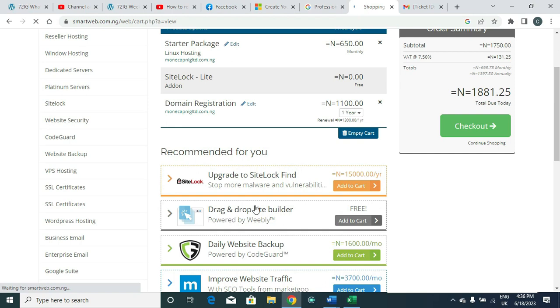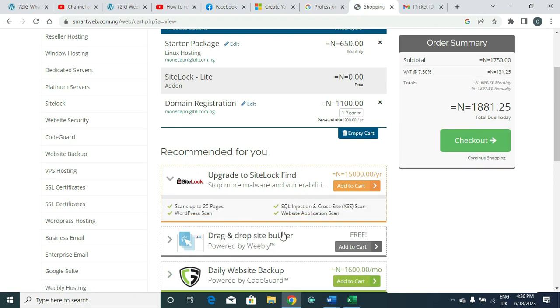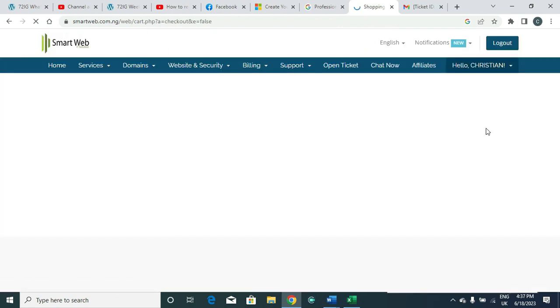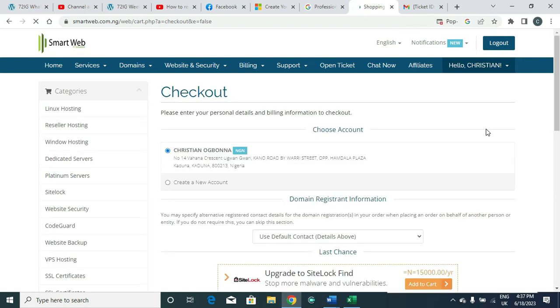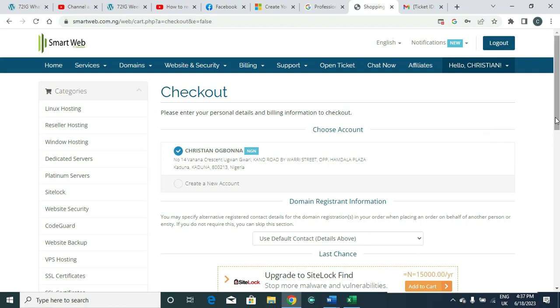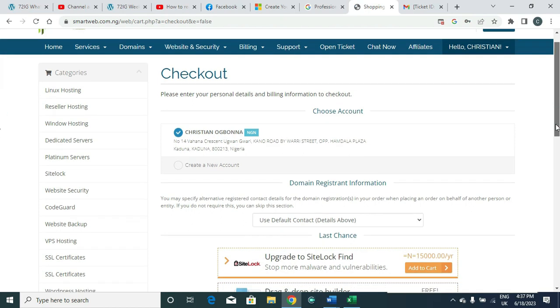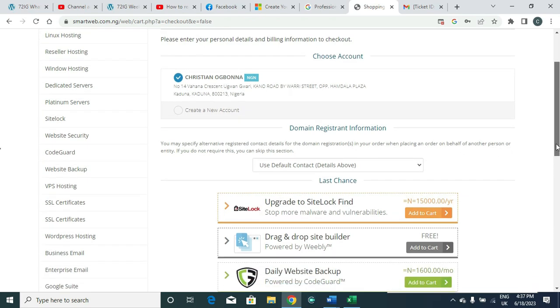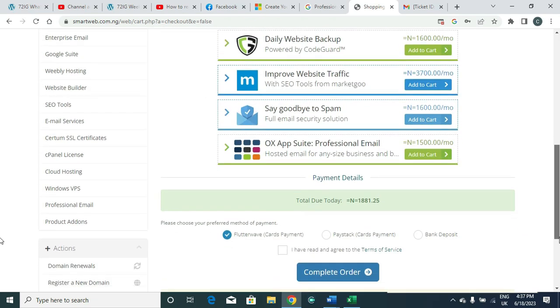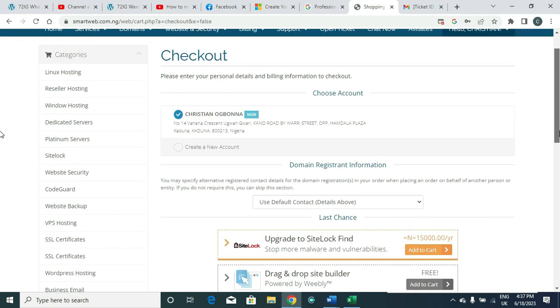They also have a drag and drop site builder, so we don't need this because we are going to be using something different to develop our website. So I'm going to click on checkout. When I click on checkout, it now directed me to this section